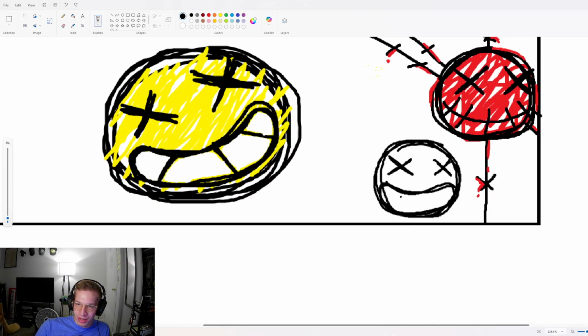How am I messing up so much? Am I making his fangs too big? He's supposed to have big fangs, hence his name. But it's not looking right to me. I wonder why. I think it's because his mouth is so huge. Let's try redoing his mouth.